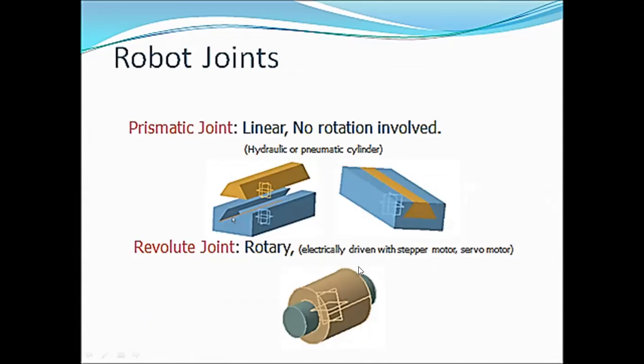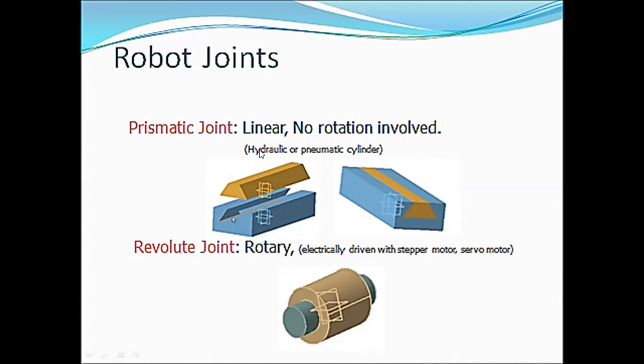Next, if we talk about the different types of joints, in the case of robotic joints, there are two types of joints that come into the picture. One is the prismatic joint. It means it has a linear movement between the bodies. There is no rotation involved, so this is a linear movement. One body slides over another body, right? So you can observe here that if you understand the coordinates of one body, you can control its coordinates with respect to the other body in the translatory motion.